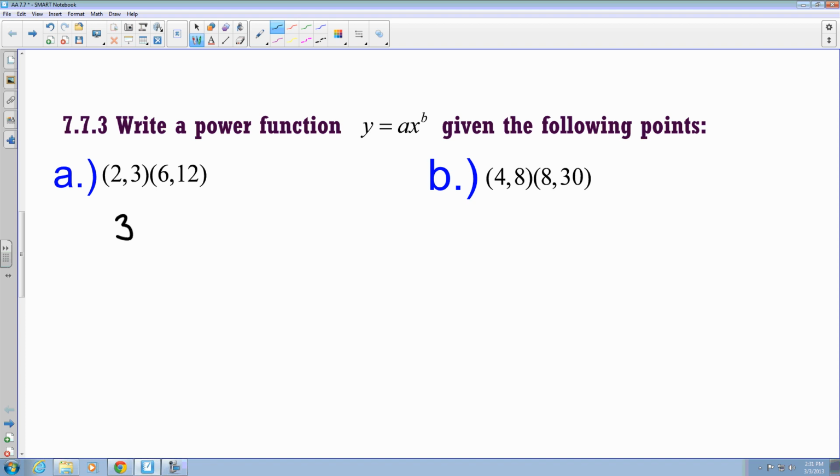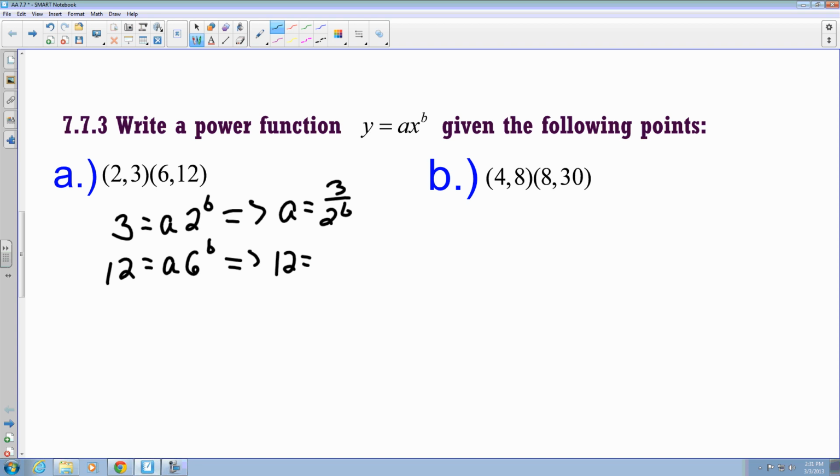I'm going to write it as 3 equals a times 2 to the b power, and then the second one's going to be 12 equals a times 6 to the b power. From here, I'm going to solve for a. If I divide both sides by 2 to the b power, I get a equals 3 over 2 to the b. I substitute that into my second equation, so now I'm left with